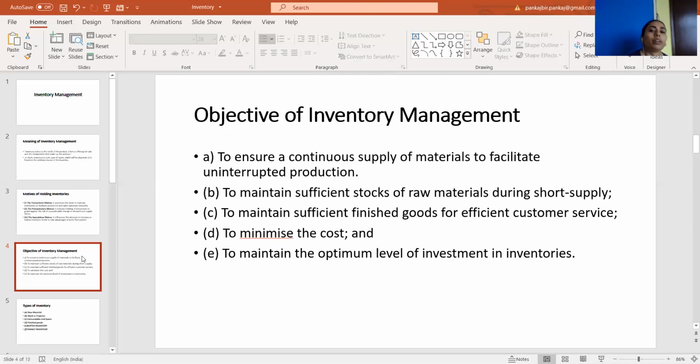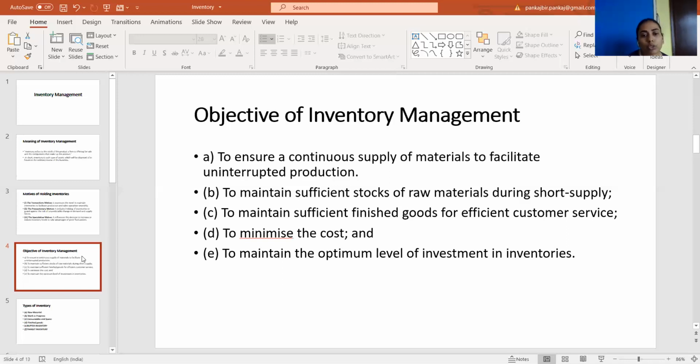So if you are preparing something in high volume, there are certain costs involved in the production, which can be minimized in case of high volume of production. So if you are storing high volume of commodities, you can minimize the cost also. As well as in the case of raw materials, if you bulk order the raw material, you can get certain discounts, so it will also help in minimizing the cost of production.